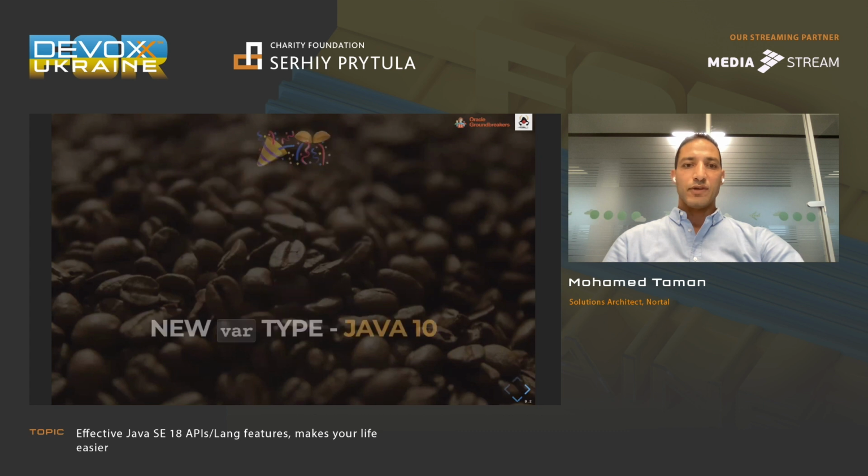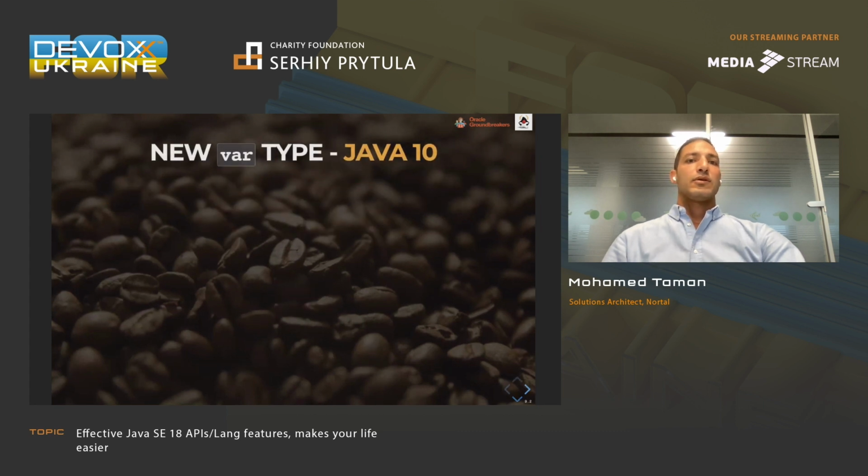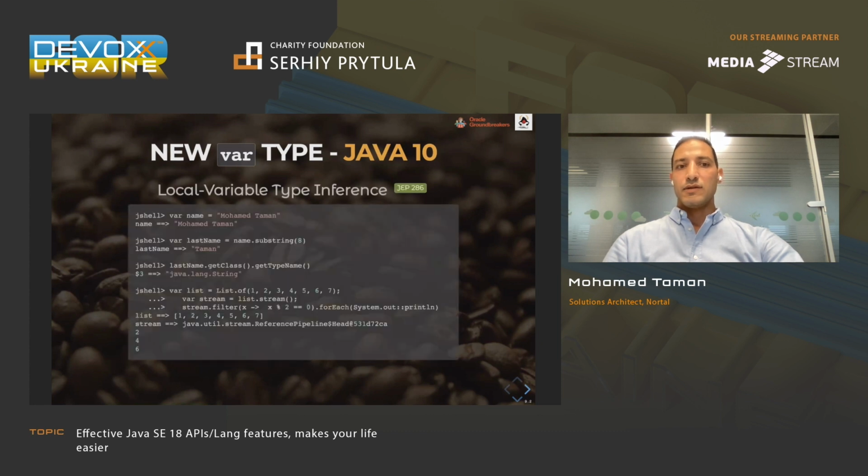So let's see some new features. The var type has been introduced since Java 10, and it's actually syntactic sugar for the Java language. When it turns into bytecode, it infers the data type from the right-hand side and puts it there.